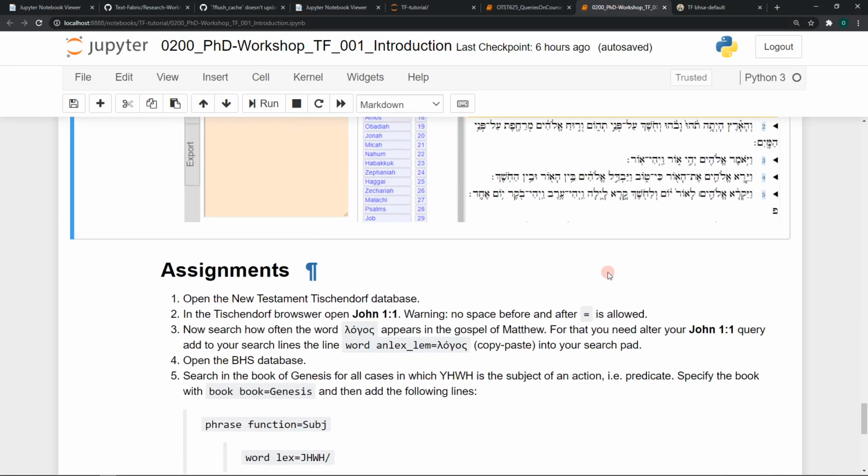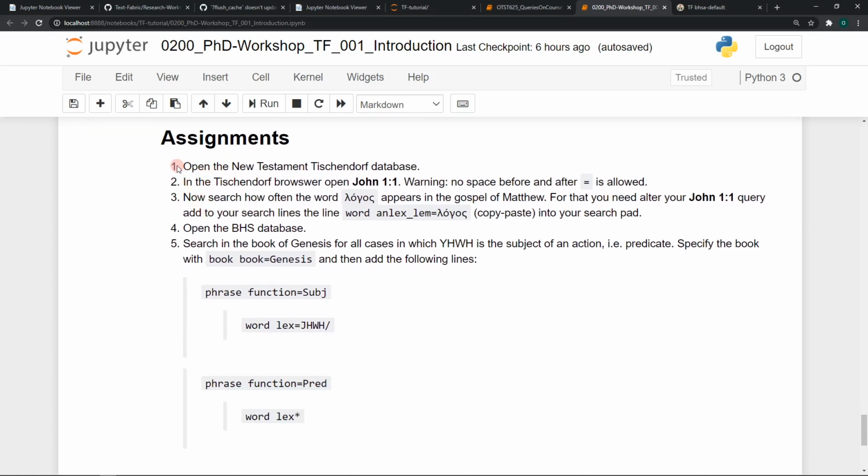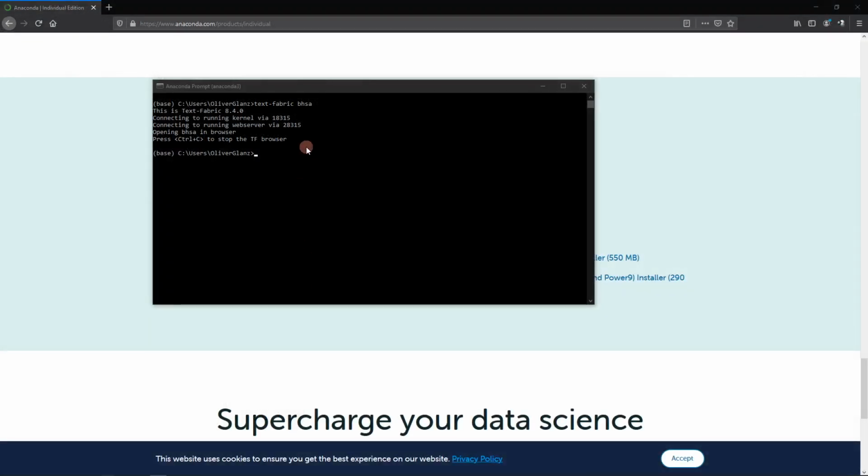So if you want to open another database, then you would alter the TextFabric command. This is part of the assignment until the next workshop takes place. So number 1, open the New Testament Tischendorf database. Let's do this. So we go here to our command line and say